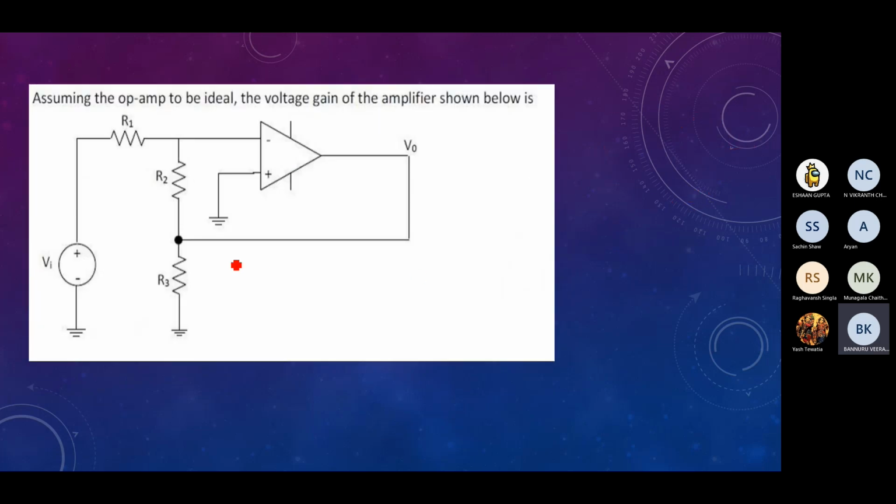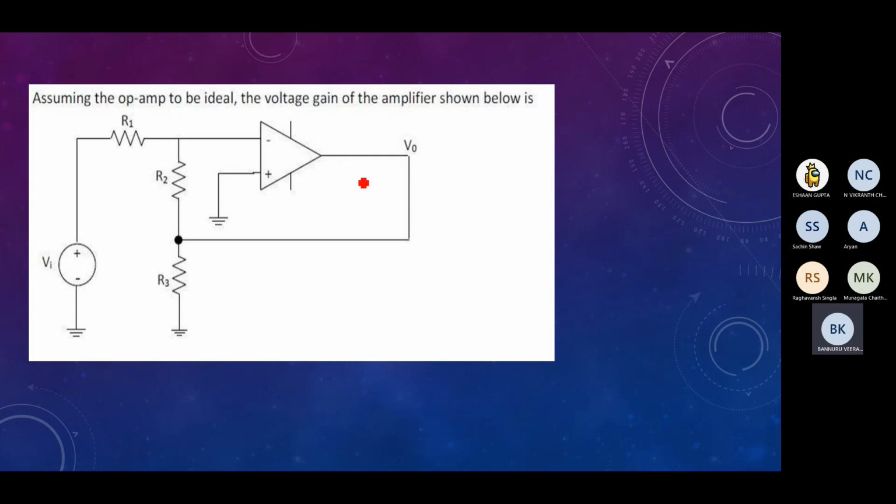So this will be the answer. Now just give it a try for this question. Hello, anyone? Just give it a try. No problem if the answer is wrong. Okay, let me solve it myself if no one answers.